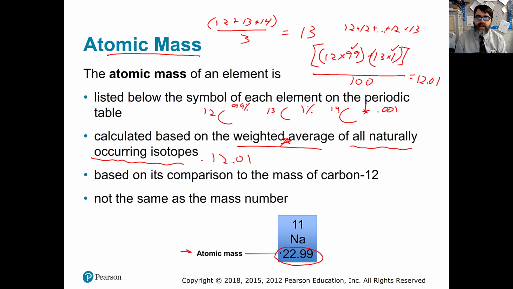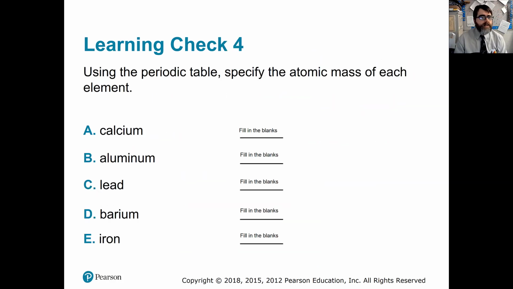And again, it's based off of comparing everything to carbon 12, that our mass number comes from carbon 12, and so then we get an average atomic mass on the periodic table. But that average is based off of how common each version is on Earth. So here you're just asked to look up the atomic mass of each element. So you go to the periodic table, and that's 40.08, 26.98, 207.2, 137.3, and